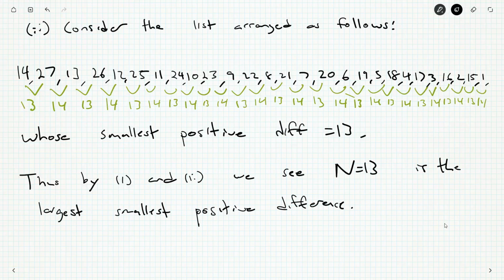And I'm starting to think that in general, if you had A plus 1, A plus 2, all the way up to B, I think the smallest positive difference that you could have would be A plus B divided by 2 and then round it down if necessary. And that would fit with the data we've seen, 1 to 20. 1 plus 20 is 21, divided by 2 is 10.5, round it down to 10. Here, 1 and 27, so 1 plus 27 is 28, divided by 2, round it down is, oh,